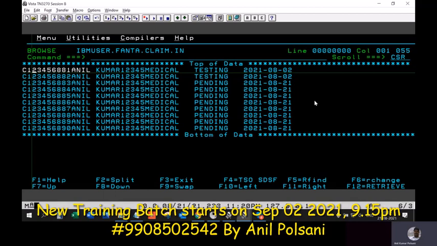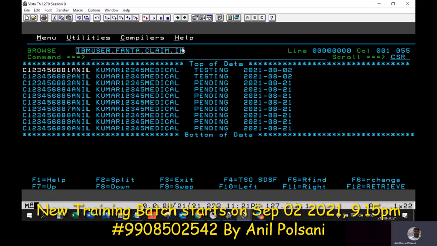The answer is, this is a production file. Can I go and edit a production file as I wish? No, you cannot. So obviously I cannot use this file as input because the first two records got processed, and I also cannot delete these records because this is a production file.